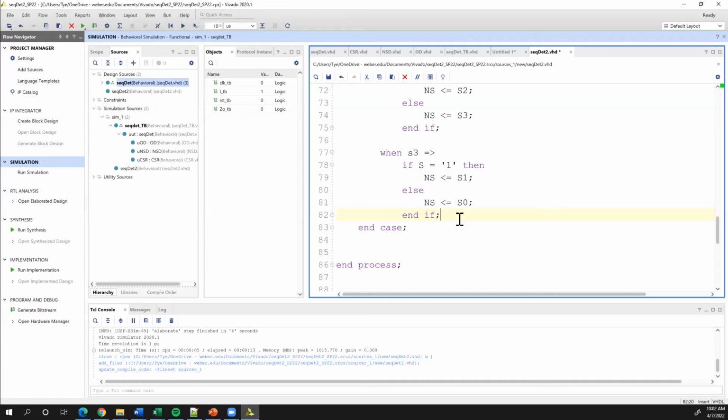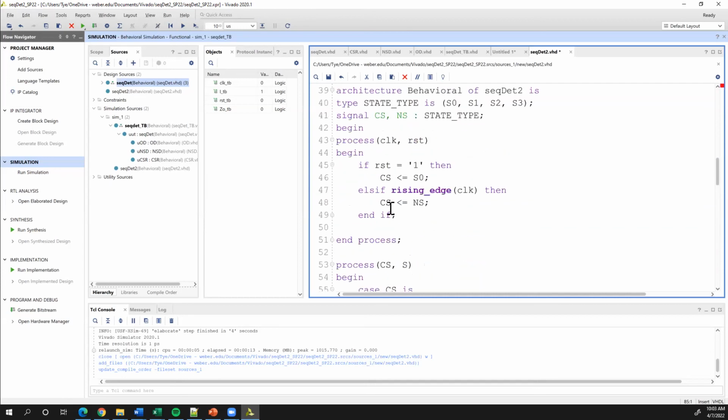Now the only thing left is my output decoder, because this was my next state decoder. It's decoding all of my next states for me. So then all I have to do for that is a when else statement. It's just a conditional, basically. It's just looking at what my current state is. So basically I can say, what